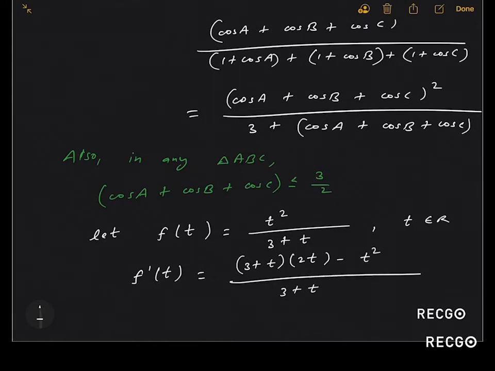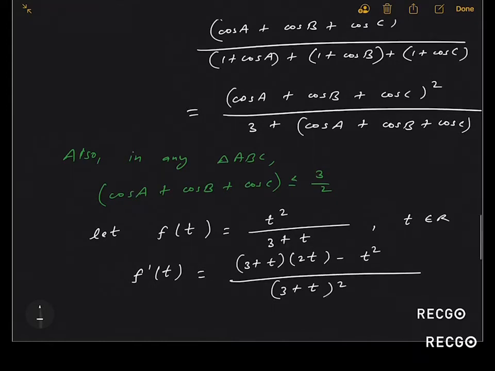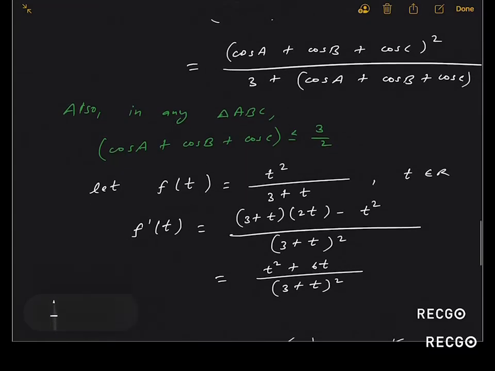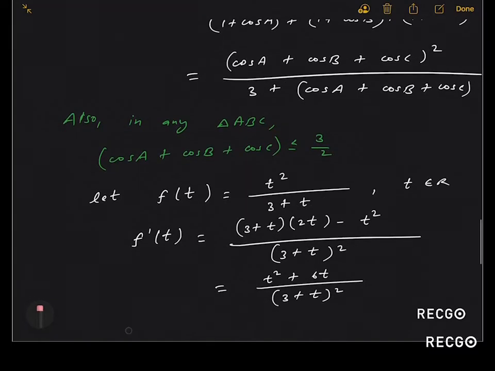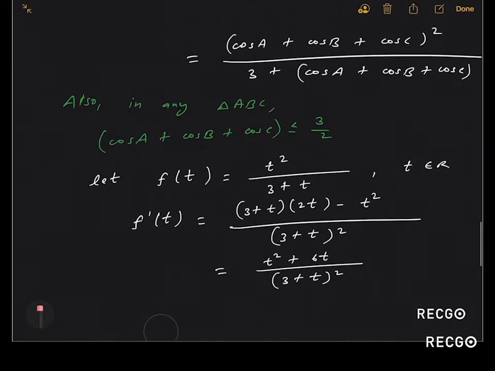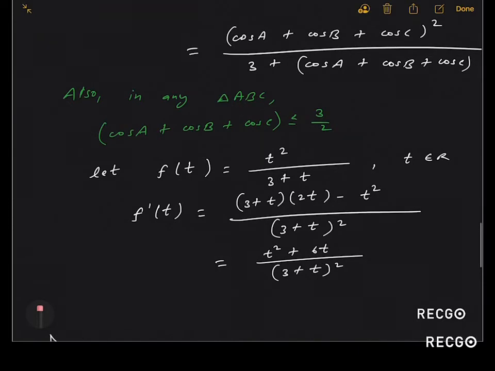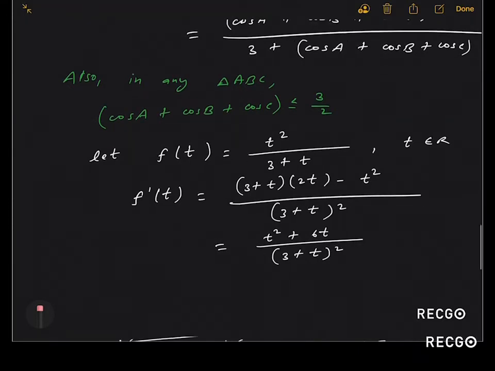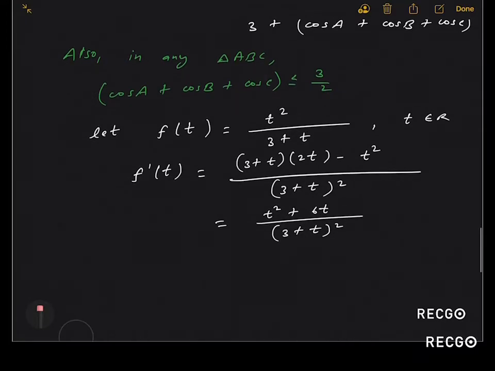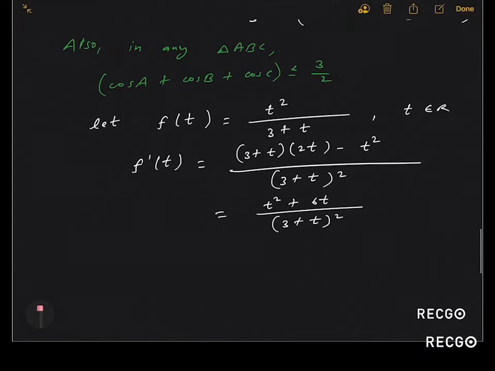So I am getting f dash t, and rearranging the terms, f dash t is equal to (t square plus 6t) divided by (3 plus t) whole square. Now you know how to apply the first derivative test. We have to find the intervals in which f dash is positive and the intervals in which f dash is negative. All of you know that in the interval in which f dash t is positive, the function f of t must be increasing, and in the interval in which f dash t is negative, the function f of t must be decreasing, right? So I am going to apply this condition, but in our case you can see cos a